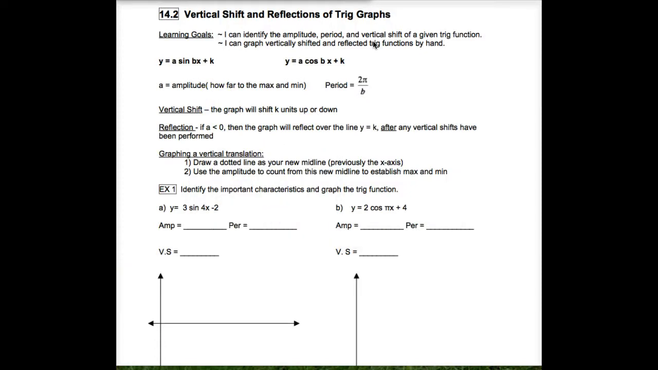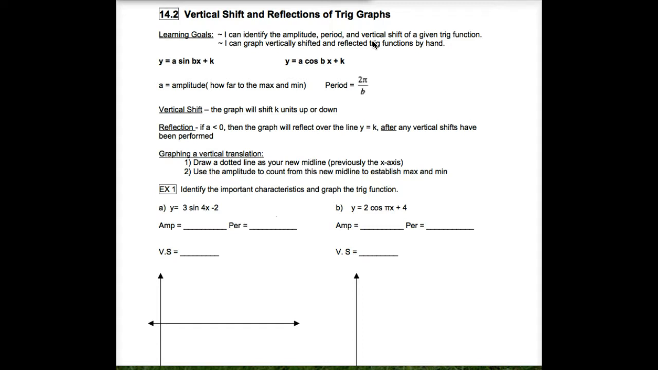So we have done our introductions to all three of our types of trig graphs. We've talked about the sine, the cosine, and the tangent. The only changes we've really made are the period and the amplitude thus far. So today we are going to talk about some other transformations for our trig graphs, and those are for vertical